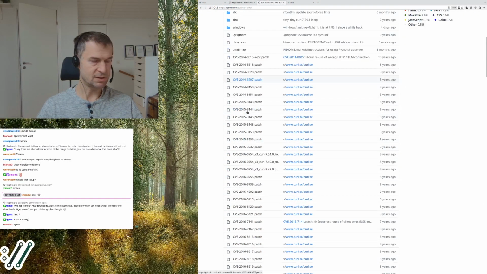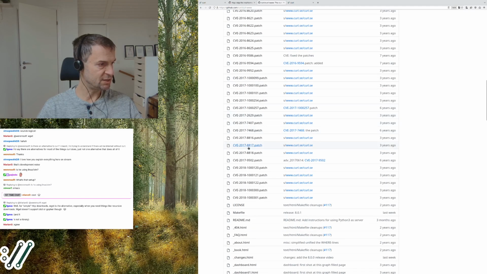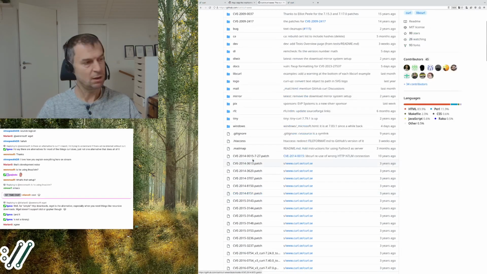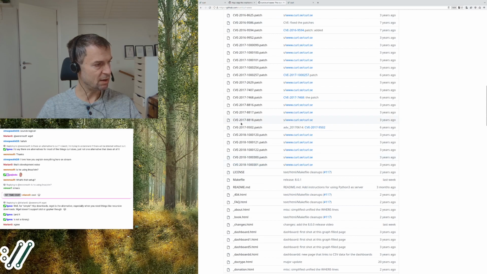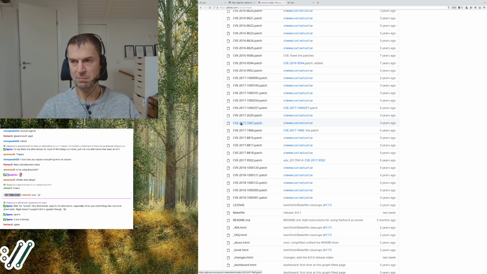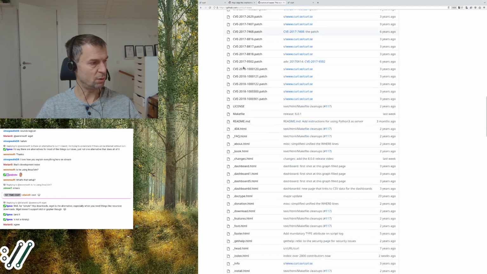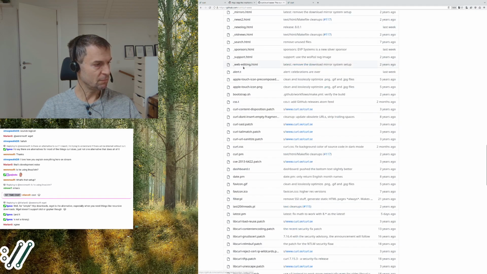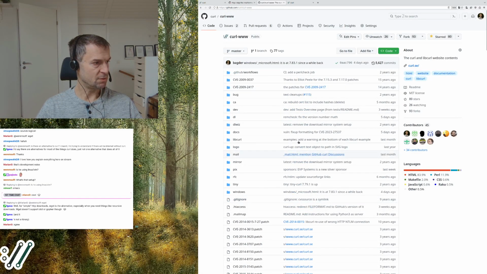So you can see that, for example, we have a lot of weird patches for CVEs in the root directory. I sort of regret that, but I'm going to fix that at some point in time. They can remain there for now. I mean, we pointed to them with URLs in early CVEs, so someone is going to keep using that URL somewhere. So we're keeping them around. Anyway, so this is basically the basic setup for the website.